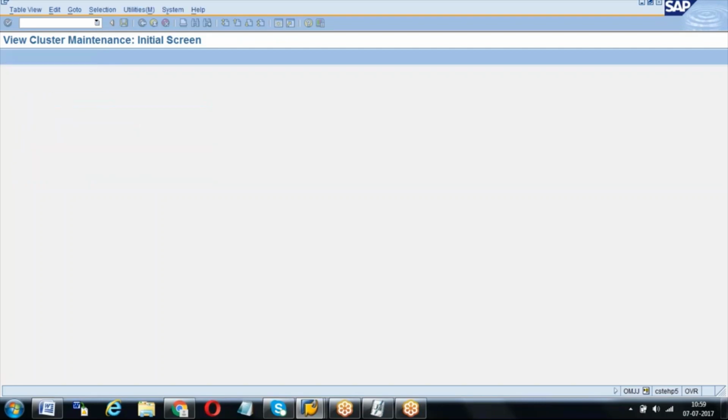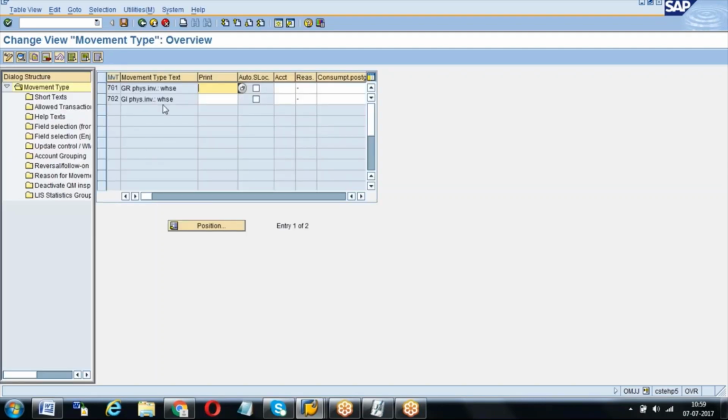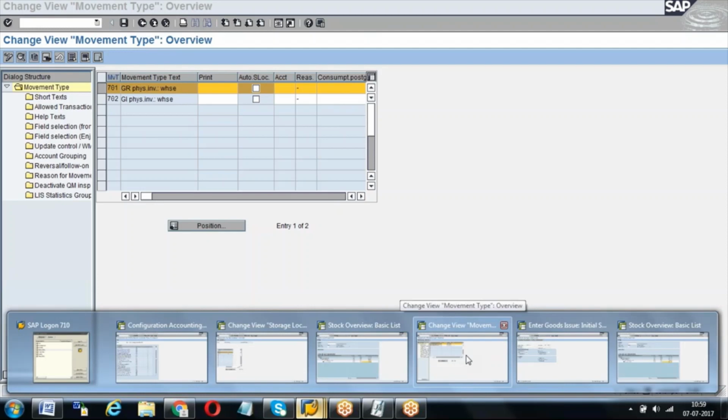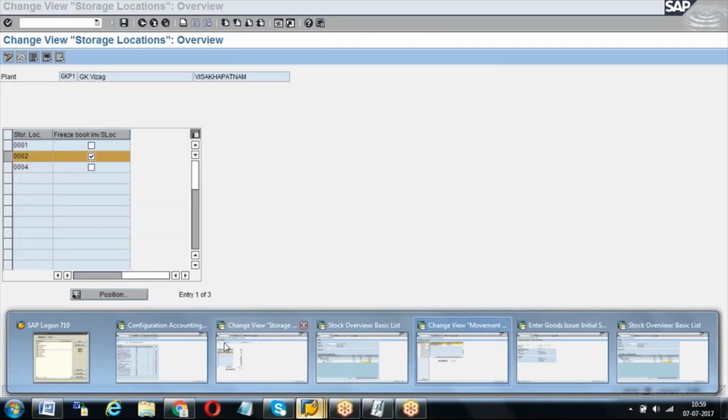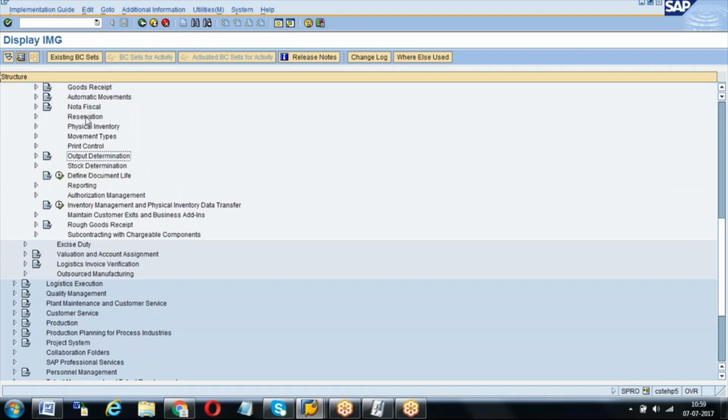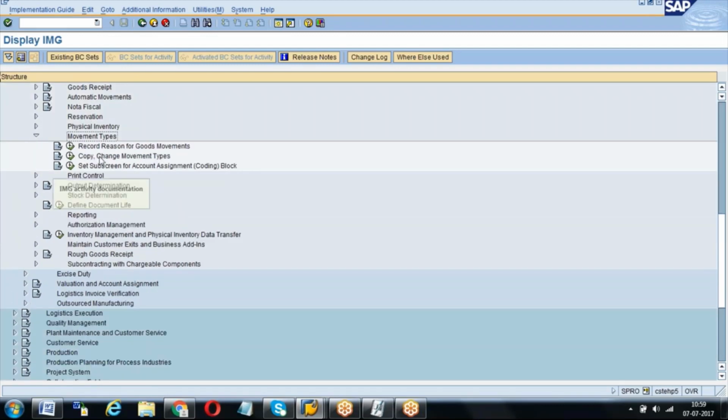For example, if you see these 2 movement types, this is the GR and GI, means it's a GR. Why have they given it? It's when you get a gain, 701. When you get a loss, 702. The same T code we can go with configuration also in inventory management, where we have these movement types.